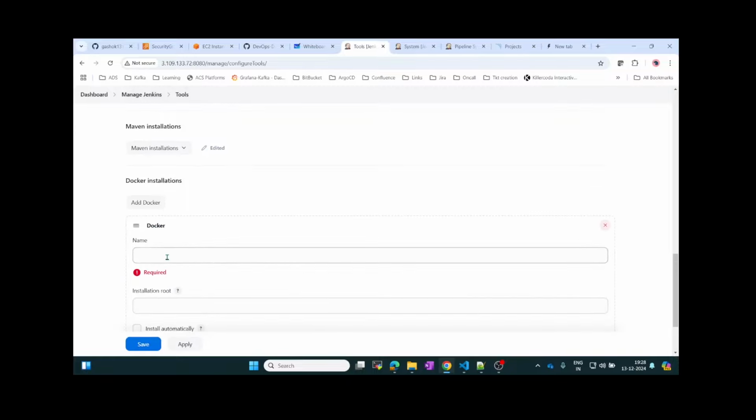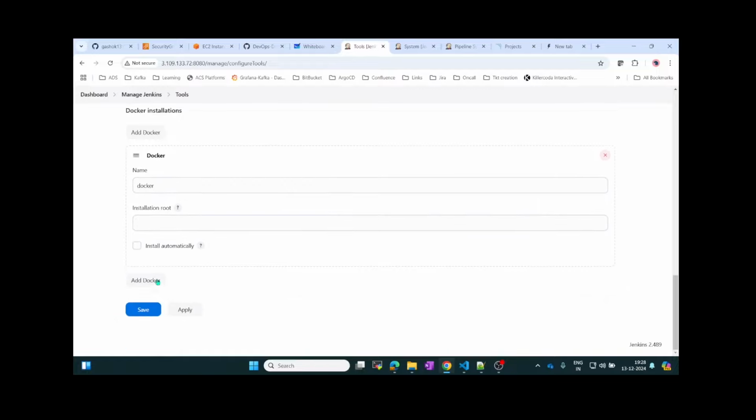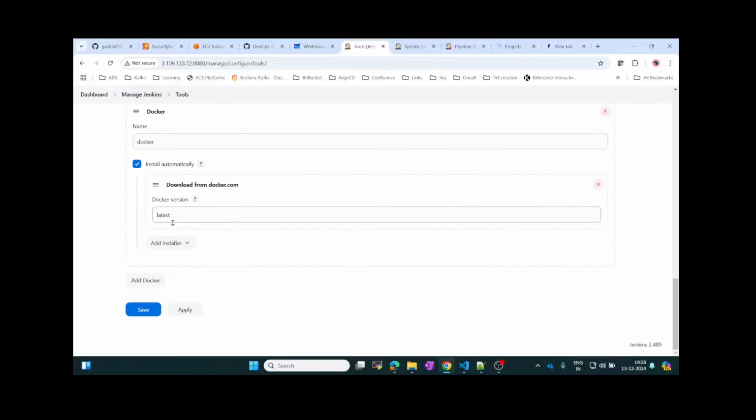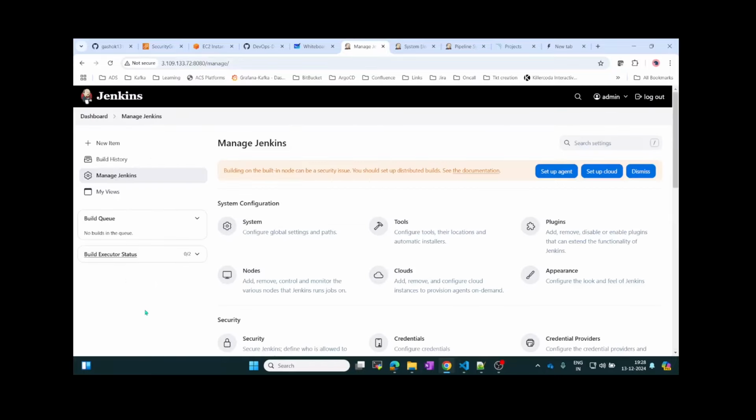Just select this one, and then you can give a name. So I will just give it as Docker. Okay, and then install automatically. Under Add Installer, download from docker.com. Okay, and then it is the latest version. So I give the name as Docker, and then just save this one. Okay, so once this is done, go to dashboard